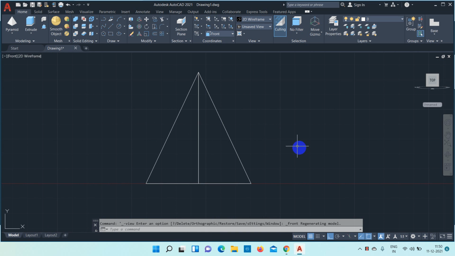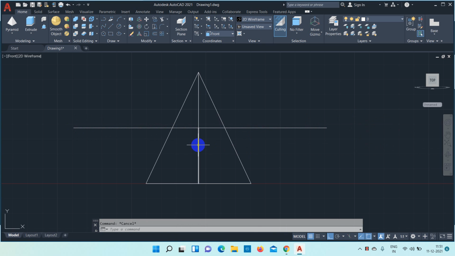So we know that the section plane is bisecting the axis. The total height of the axis is 75, so we have to exactly draw the section plane at half of the axis. I'll just draw a line from here to here for a length of 37.5, as it is a midpoint. You can see that it is showing the midpoint, so you can extend up to the midpoint. Then you can draw a line this side and extend it this side.